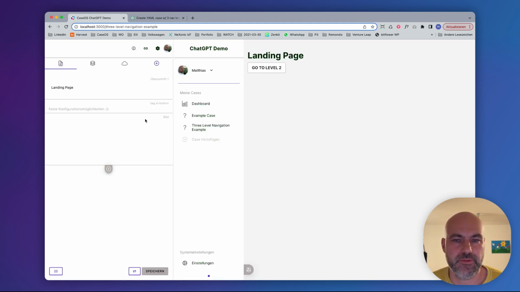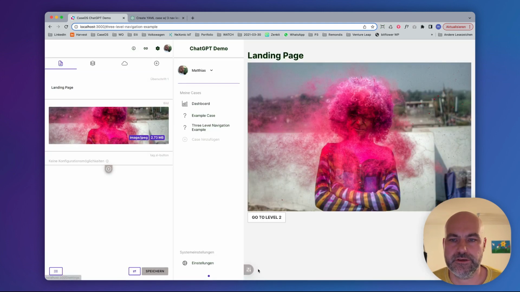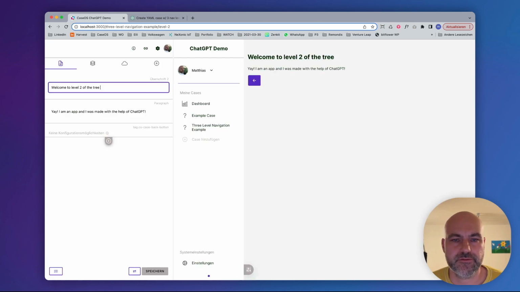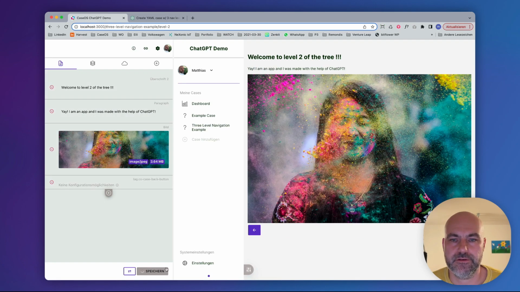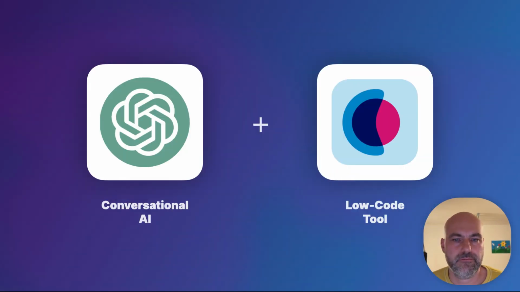Now it's up to me to do some further tweaking. I added a few images, for example, just to see if everything works as expected. Yeah, that's an awesome experiment proving that ChatGPT can not only create full projects, full code, but also domain-specific languages, template languages that can then be used in tools like this one here, the low-code